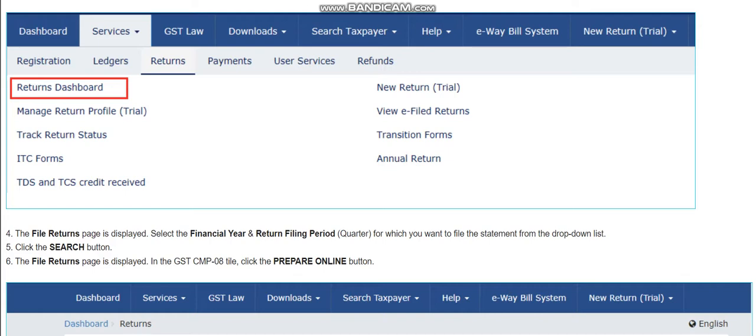This is your friend Amit, and in this video I'll be showing you how CMP-08 can be filed by the taxpayer. That is the return for the composite user, which was previously called GSTR-4, but from 2021 its name has